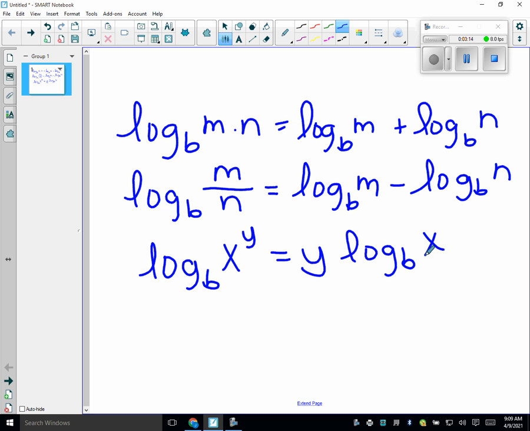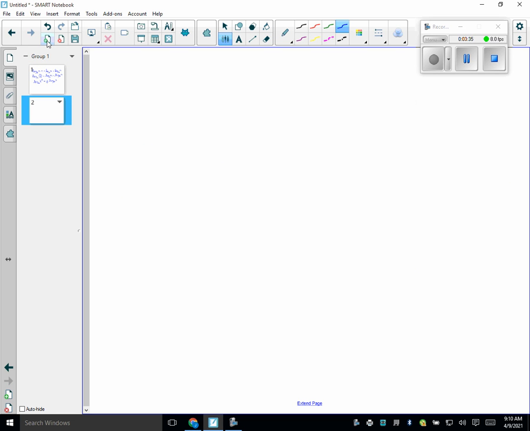Now, what we're going to do is use these properties to rewrite logarithms. That's all we're going to do. Be given logarithms, you're going to use the properties and rewrite them. All right? We'll start with an easy one. If I have log base 4 of 16a,